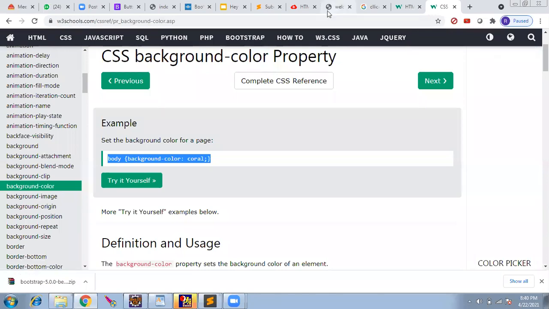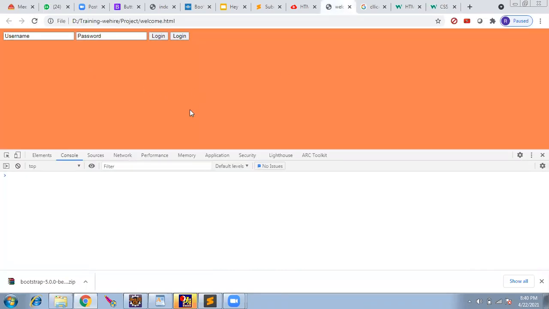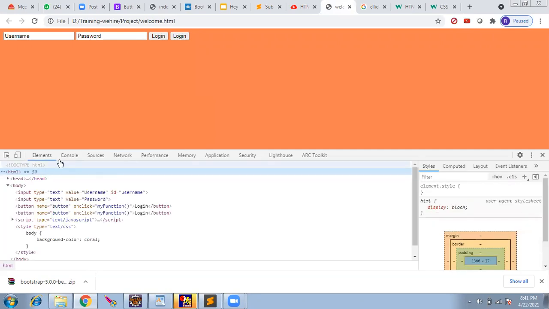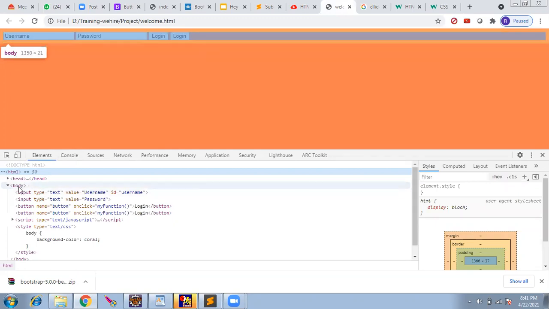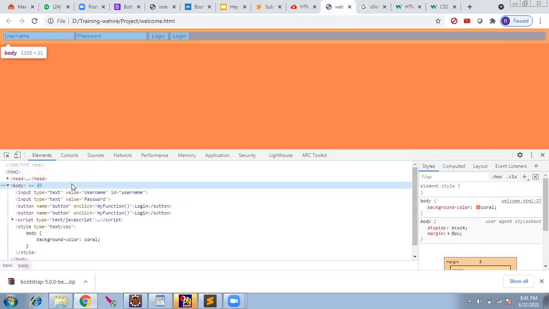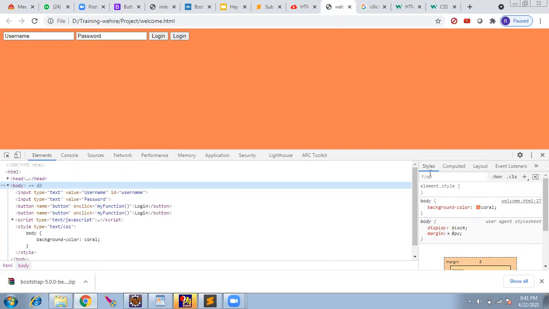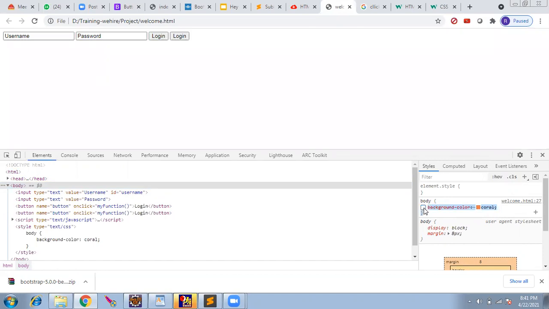When I run this, see the color is applied to the body tag. Now I'll inspect and show you the element. You see here the body tag. You come to the right side in the styles tab. The background color is applied. I can uncheck and it will become plain.